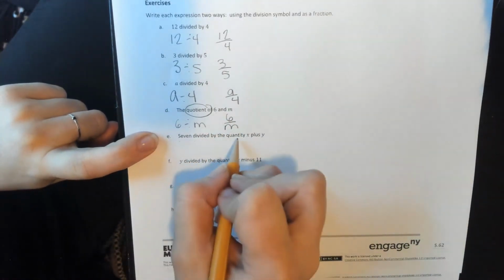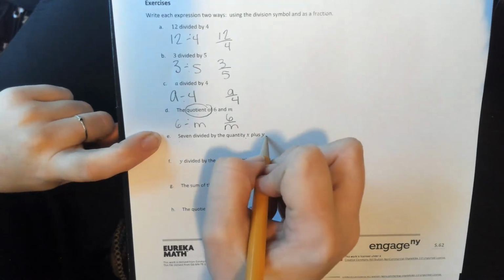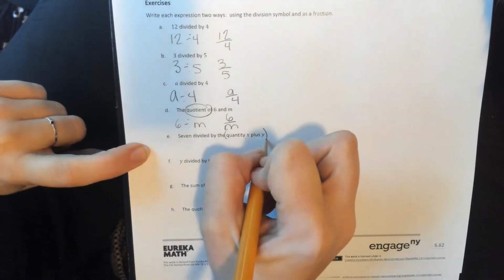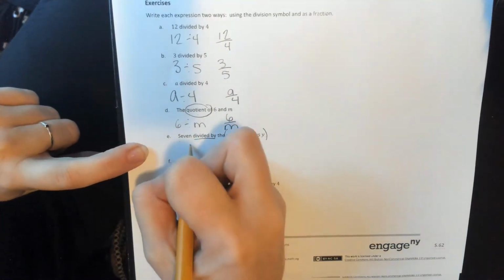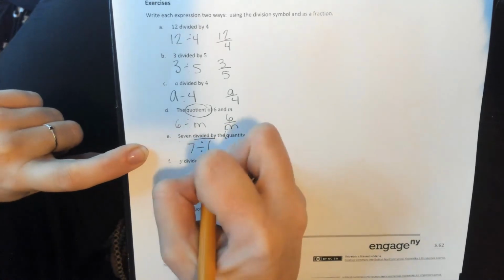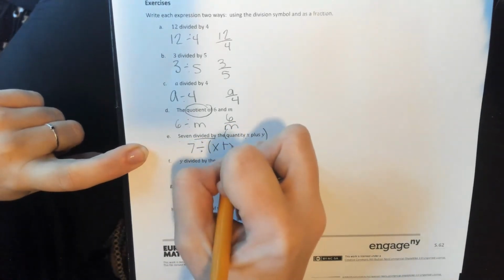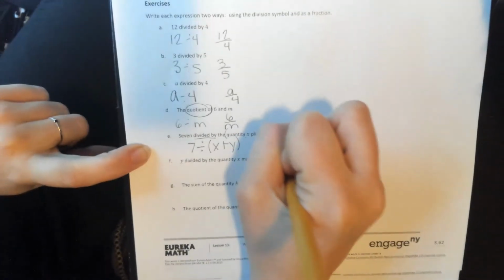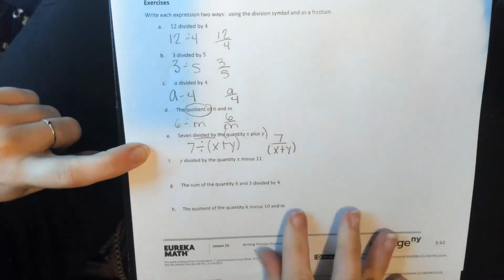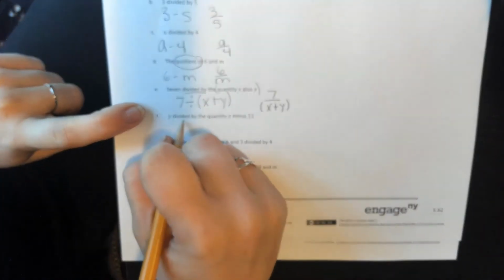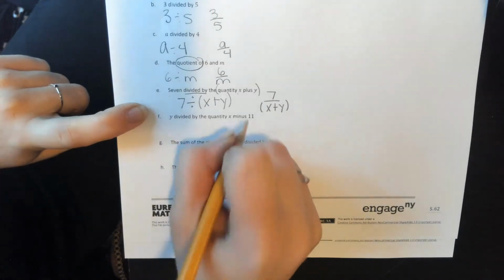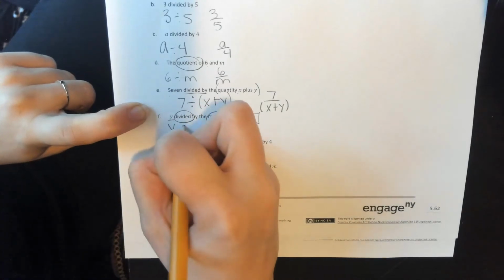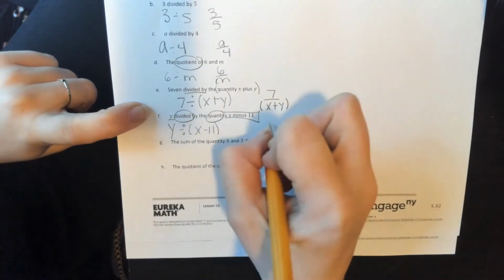7 divided by the quantity of X plus Y. So X plus Y goes together, and then 7 gets divided by that. So 7 divided by the quantity of X plus Y, which you can also write like that. For F, it's Y divided by the quantity of X minus 11. So Y divided by the quantity of X minus 11. Or,